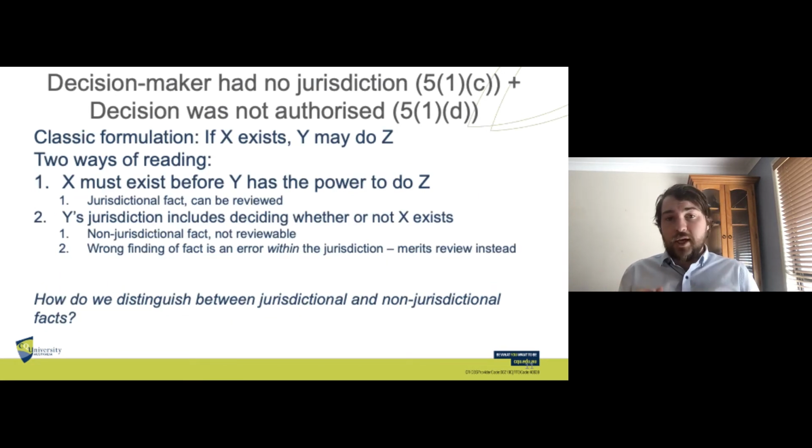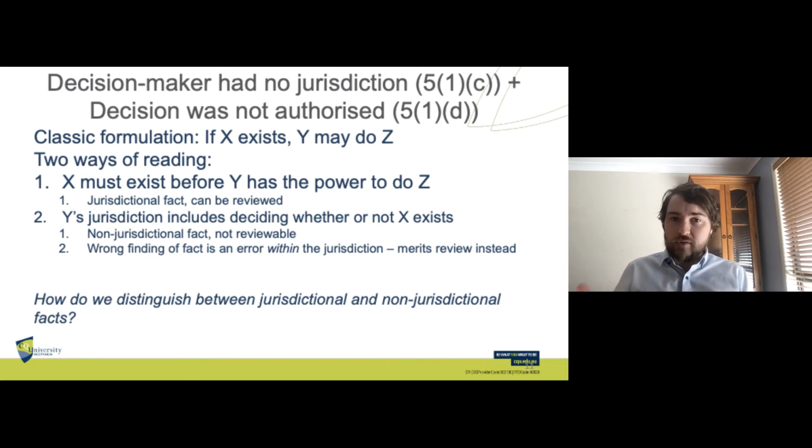The second way in which a decision might not be authorised is where the decision maker has no jurisdiction. This is not the case when we think about jurisdiction, we typically think about, was it Commonwealth or state? Within state, was it Queensland, New South Wales, things like that? And that's not really what this is referring to. This is referring to jurisdiction in terms of, is this an area over which the decision maker has authority to decide something? And what we're really focused on here is when this is one of those limited times where a question of fact can be judicially reviewable.